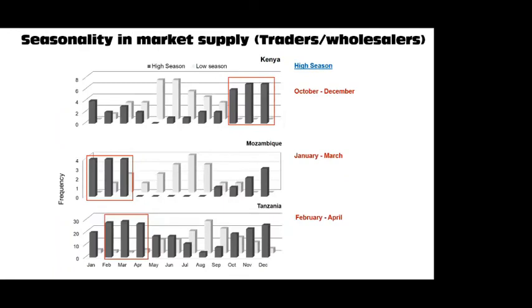Under the value chain, I'll just give some information on the market supply. So we've undertaken a value chain analysis very recently, and the data is still being analyzed, but these are just some of the highlights. If we look at the seasonality